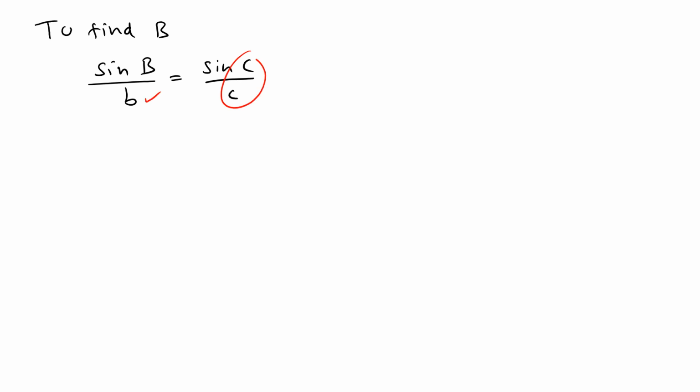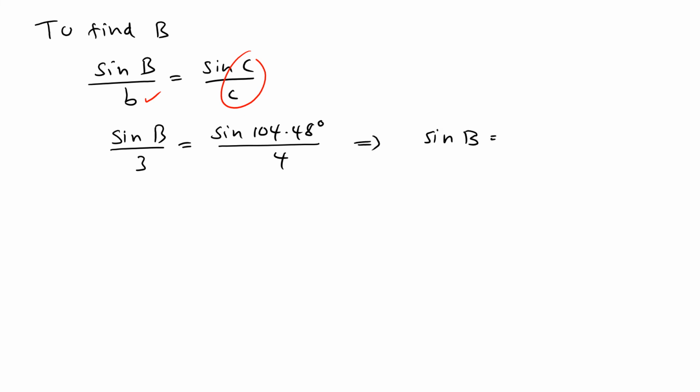The only thing we don't know is sine B. So sine B over 3 equals sine 104.48 divided by 4, and this gives you that sine B equals 3/4 sine 104.48, and if you simplify you get